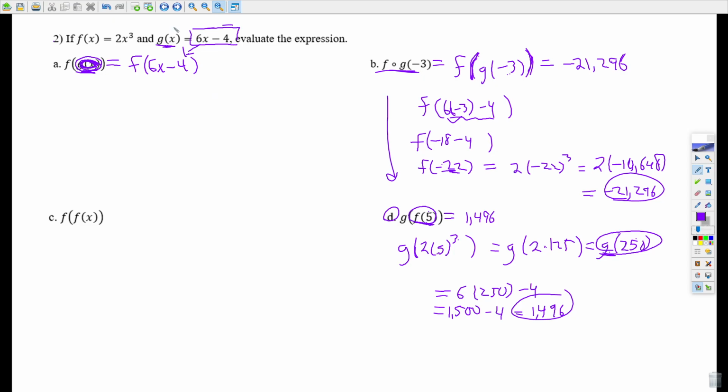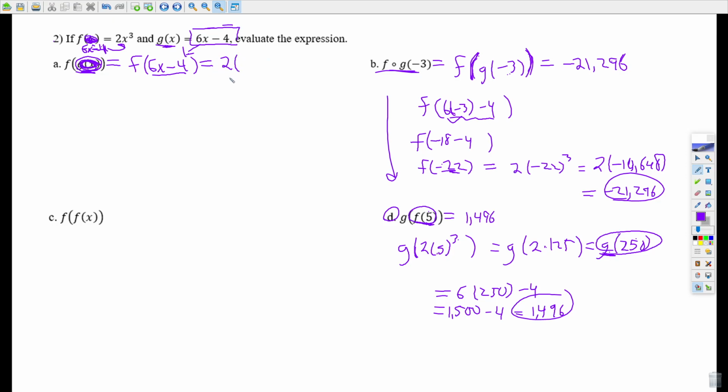That's usually not too bad. Next step is where it gets weird. So we've just substituted in, took out g of x, put in 6x minus 4. Now we're going to apply the f function. So instead of using x here and here, we're going to plug in 6x minus 4. So we already have that on the left-hand side, essentially, right? 6x minus 4, pretend that's there. But now we have to plug it in on this side. So this is equal to